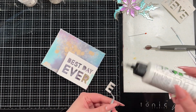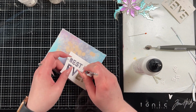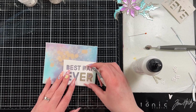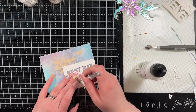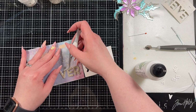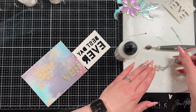#1 Tim Holtz die set. And I did kind of try to use this as a template. The only problem I had was that I didn't quite die cut this straight. So I'm using this template, but it's not quite straight. Now, if you wanted it to be a bit wonky, that would absolutely work if you're doing that on purpose. But to have one letter not straight just because the template's not quite right doesn't really give you